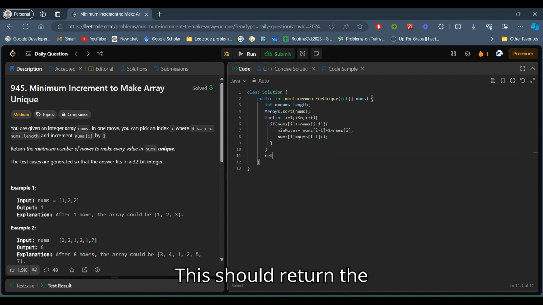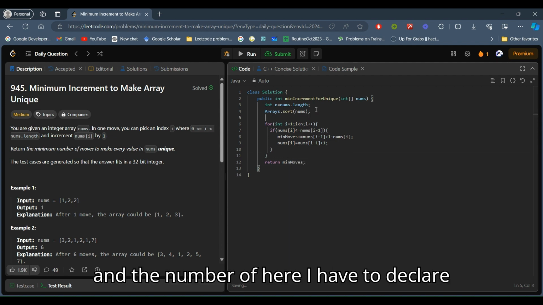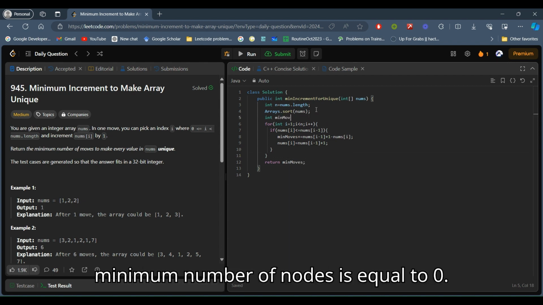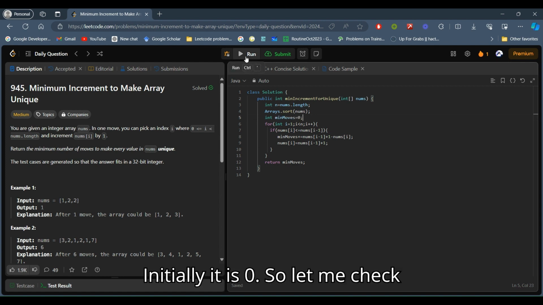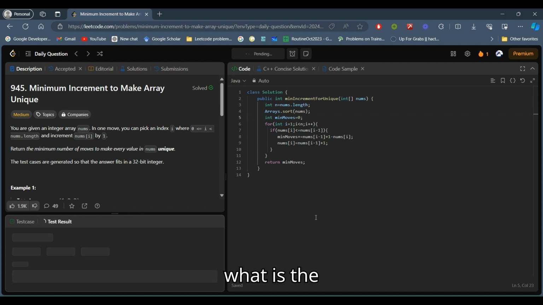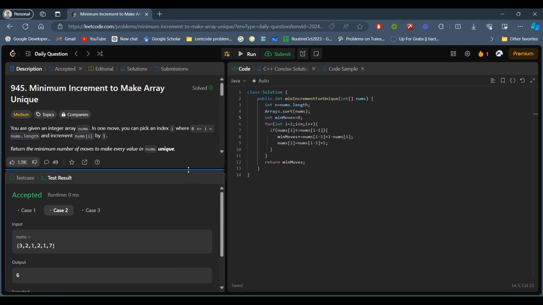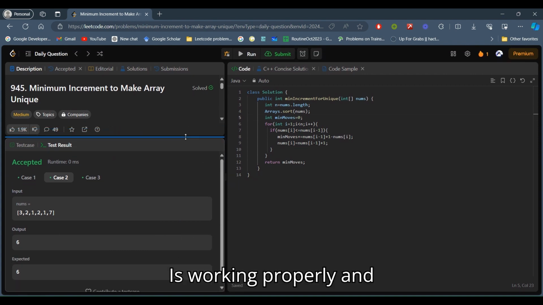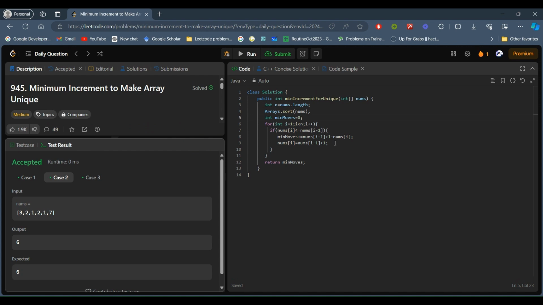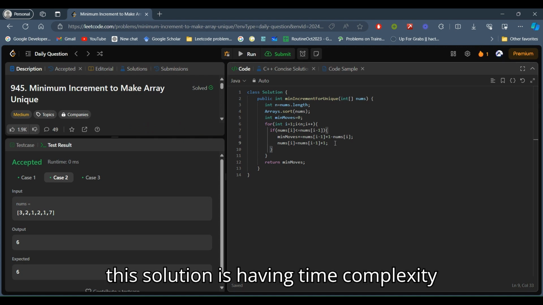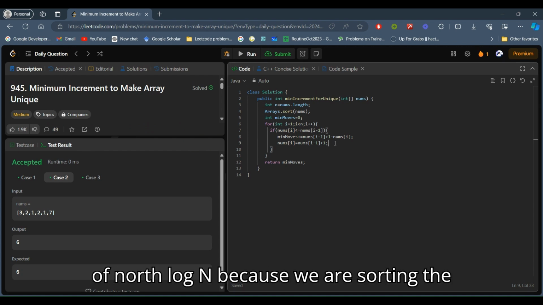We should return the minimum number of moves, and here I have to declare minimum number of moves equal to 0. Initially it is 0, so let me check. Yeah, so our intuition is working properly,